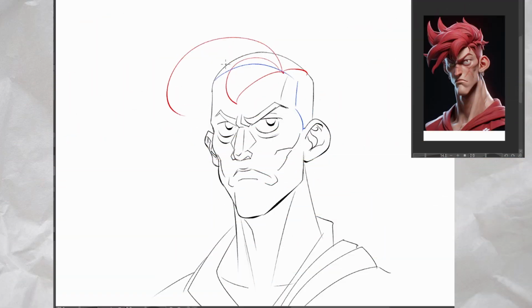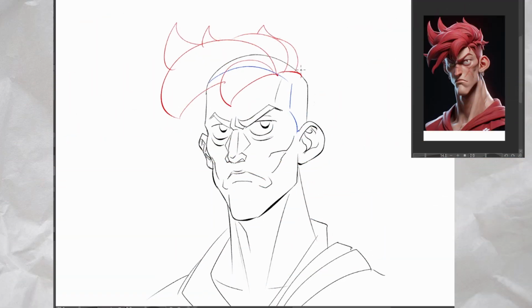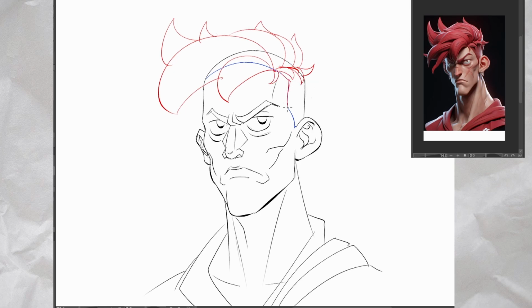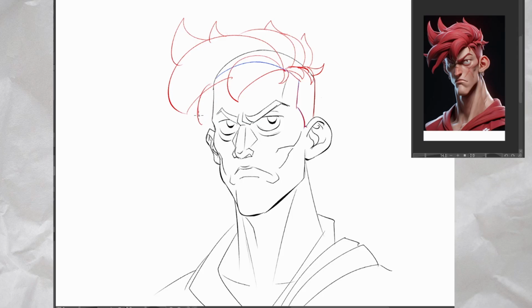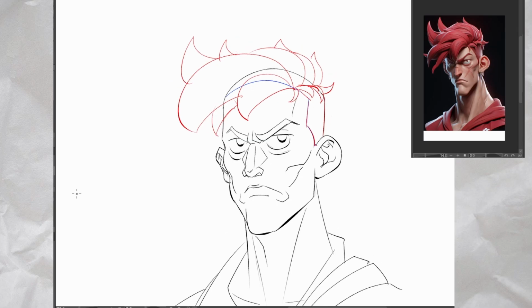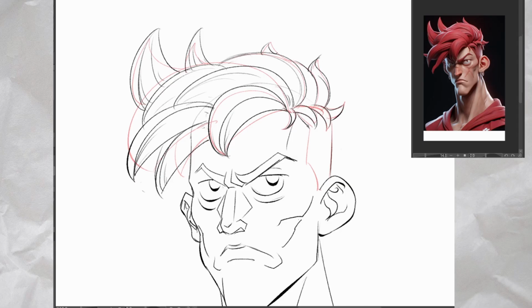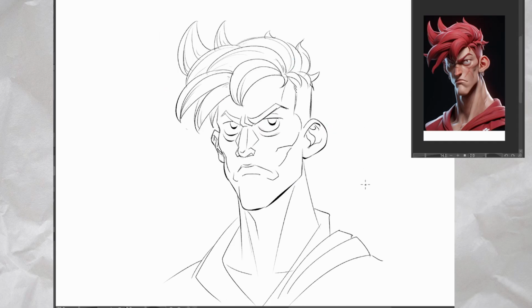Now that we've covered structure and the concept of flow, let's talk about stylization. This is where you get to break the rules a little bit. Stylized hair isn't about realism, it's about expression, exaggeration, and personality. First, think in shapes. Instead of drawing individual strands, simplify the hair into bold, clean forms that support your character's vibe or personality. The spiky hair made of sharp triangles gives off a bold, aggressive energy, great for a fiery